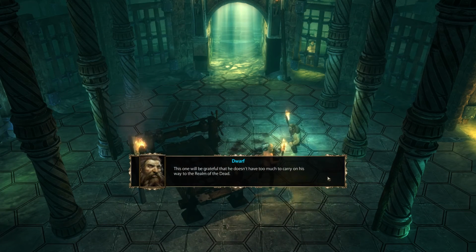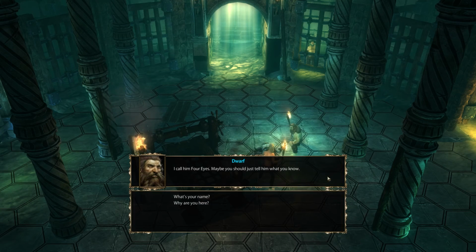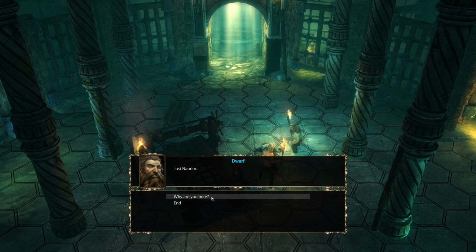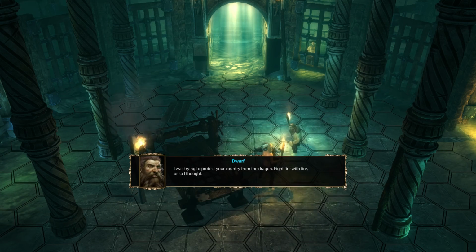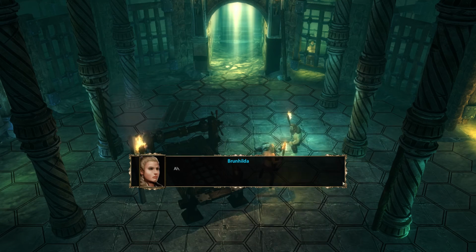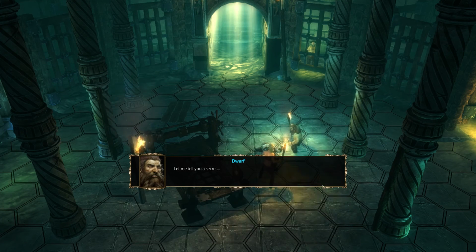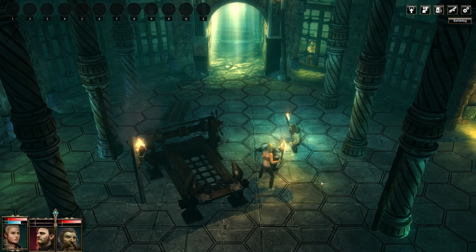Grateful that he doesn't have too much to hear the keys. So, you mean Lysander? I call him. Just browse through the text quickly. Oh, secretive, isn't he? I was trying to protect your country from the dragon. What dragon? The dragon. Let me tell you a secret. Friend! I would be eternally grateful if you could...